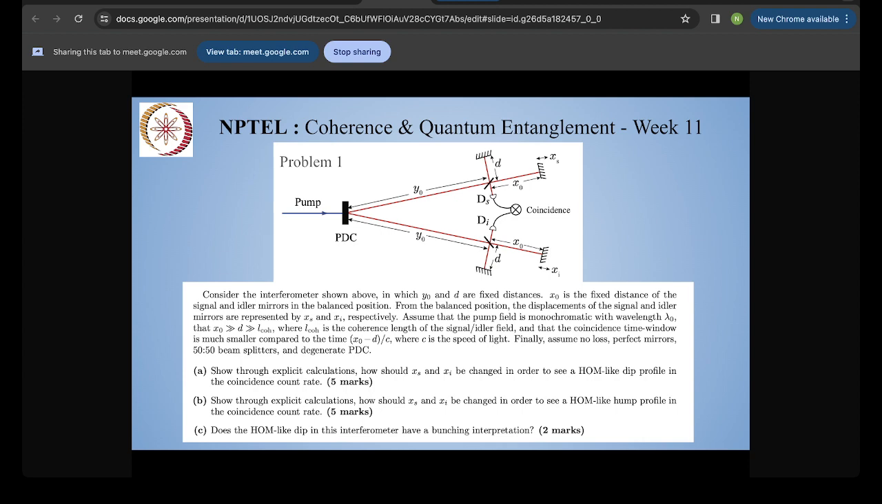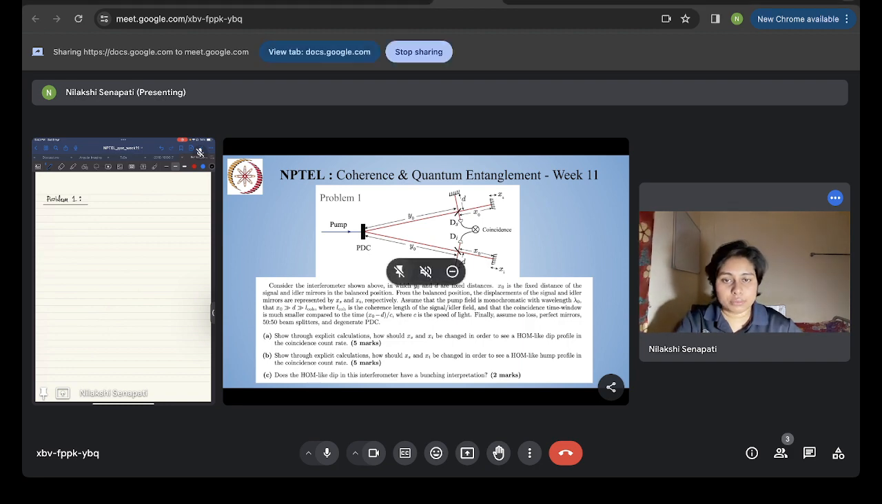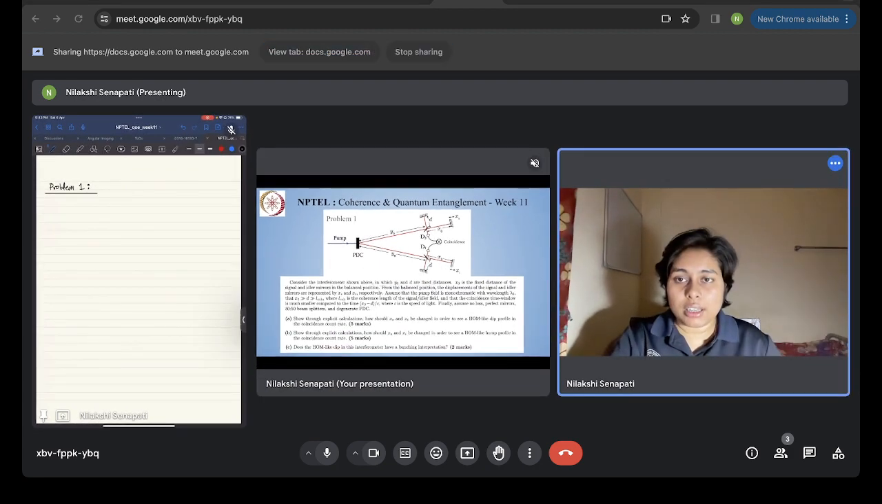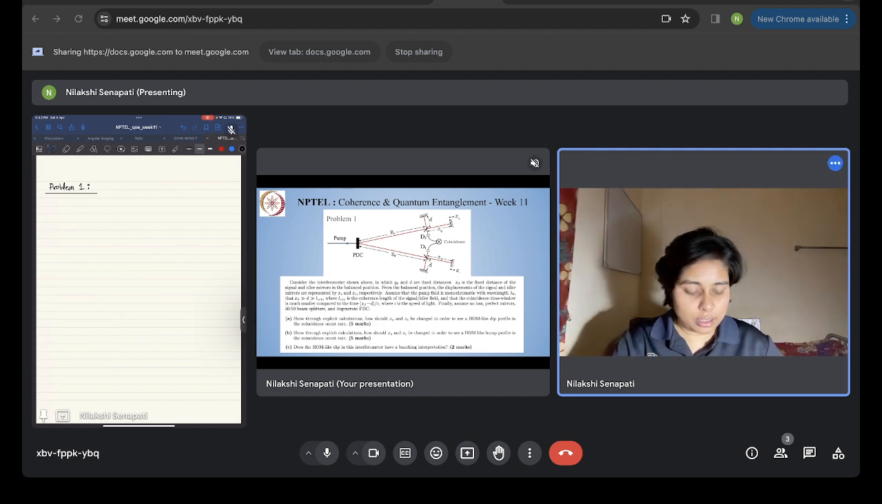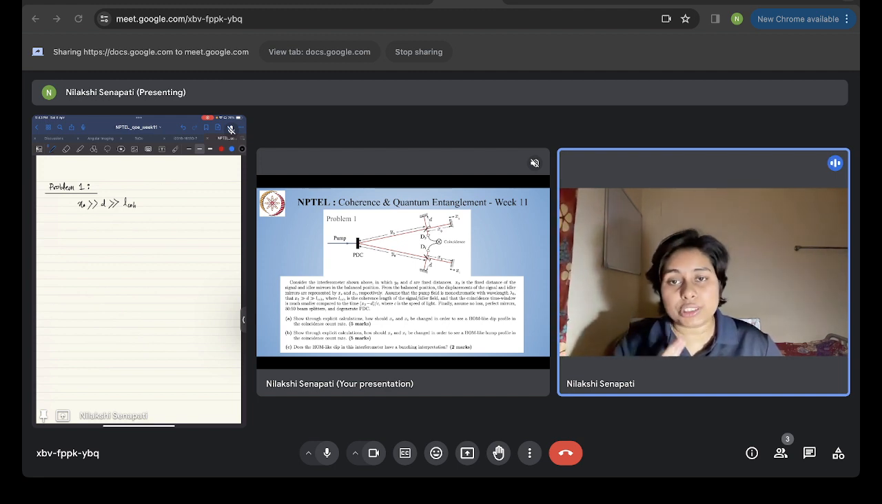Okay, so now I will solve it. Since it is told that x0 is greater than d, greater than L coherence, and the coincidence time window is much smaller than (x0 minus d) by c, we find that there can be only two possible ways in which the signal and idler photons can reach the detectors in coincidence. One in which both the photons travel the shorter path, and the second in which both the photons travel the longer path. Since we are assuming no loss, perfect mirror, 50-50 beam splitter, the coincidence count rate of the signal and idler detector is given by